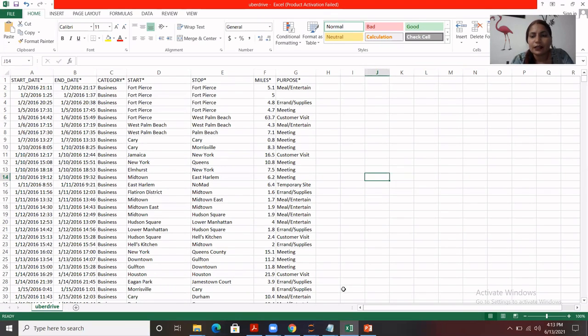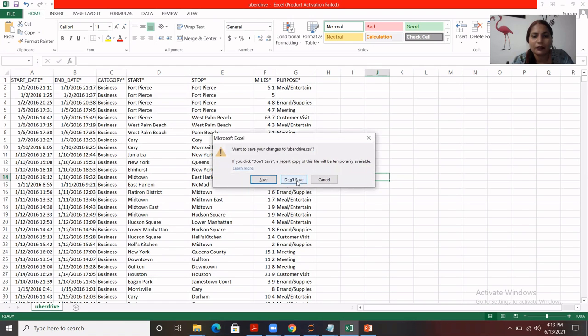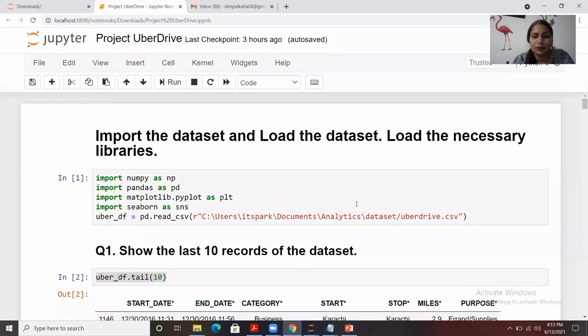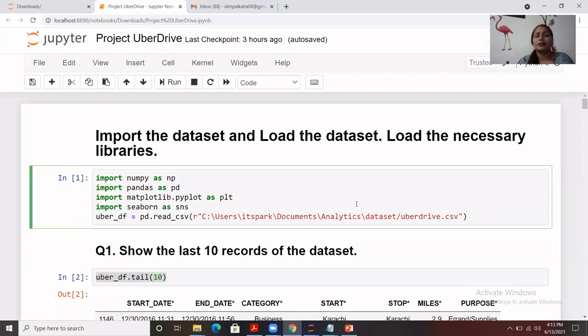So this is the data set which I'm going to import into pandas. I have already prepared that sheet. Basically the first thing that we are going to do is import the data set and the required libraries. So I am going to import NumPy, Pandas, Matplotlib, Seaborn all together, and the data set, which is Uber Drive, and that's a CSV file, and you all know how to import it.